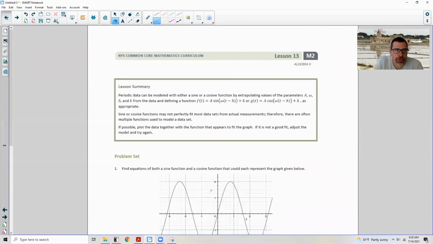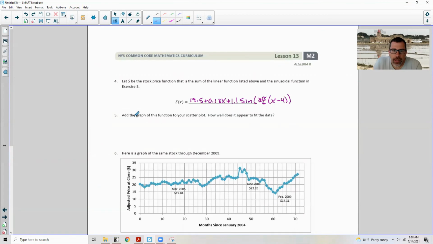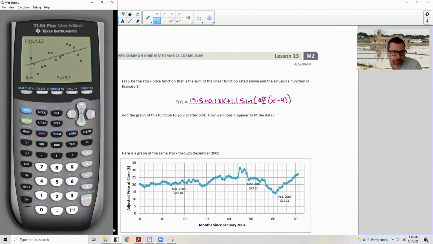Okay, let's make sure that was it. Let's see, yes. Okay, so there's the equation. Now it says add the graph of this function to your scatter plot. How well does it appear to fit the data? So I'm going to go back to my calculator. I'm going to go to y equals, and I'm going to put this function here. Actually, I could just put it up on this line here and just hit plus